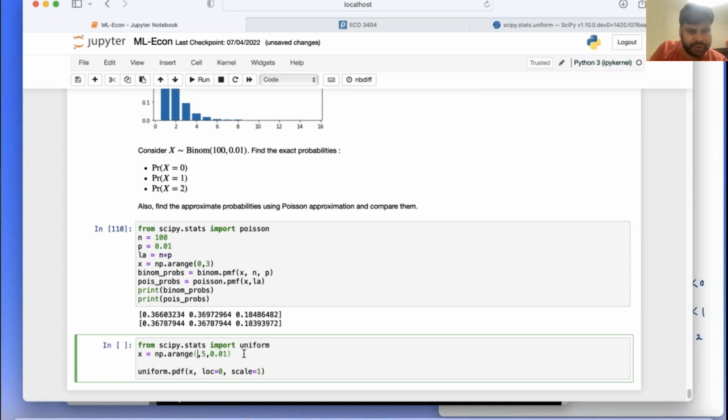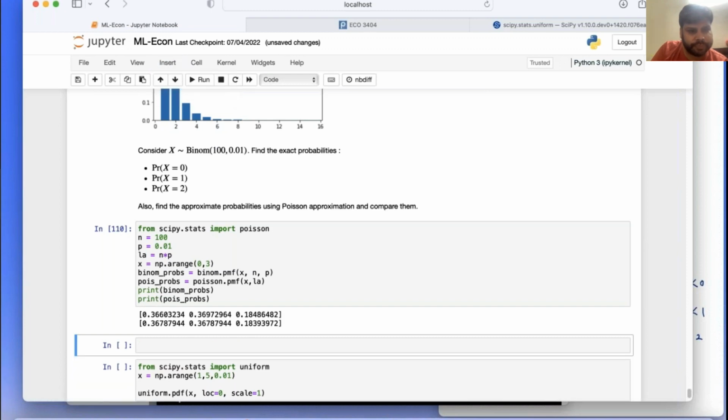Or maybe just 1 to 6, but I'm interested in plotting the uniform 2 to 5 random variable. Let me write that on the top: plot the PDF of